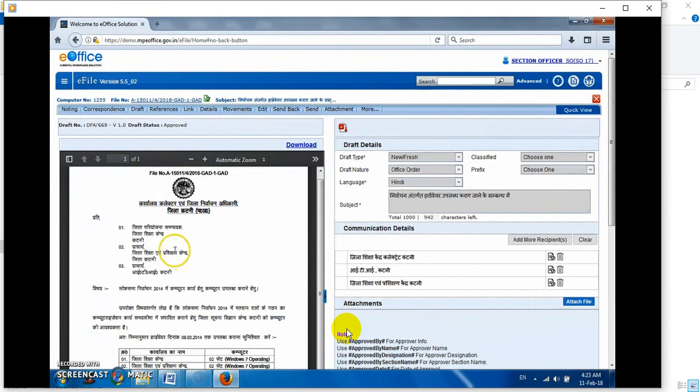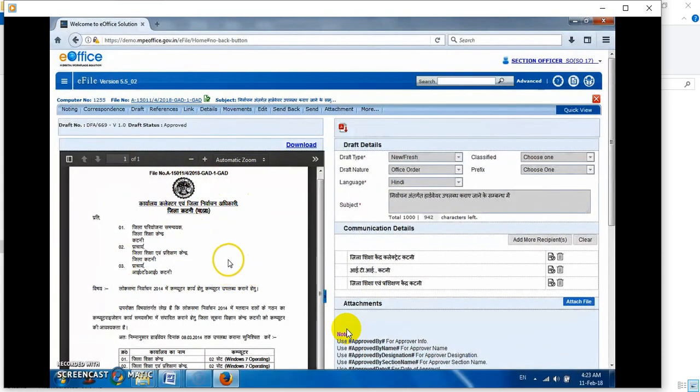So what I proposed as an NIC officer to the collector sir, and on his approval at his level, the same file number above came on this. From this number, we can find all details easily in the file management system, what the proposal was and what all the comments were. So it is a very powerful tool, I feel.